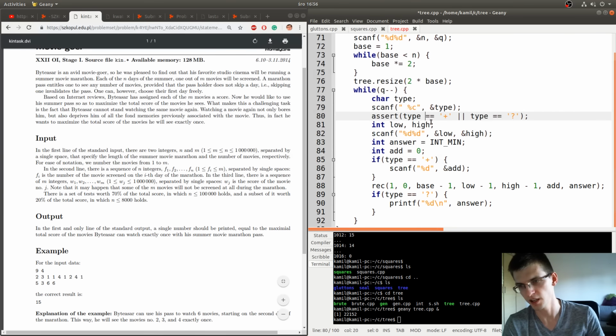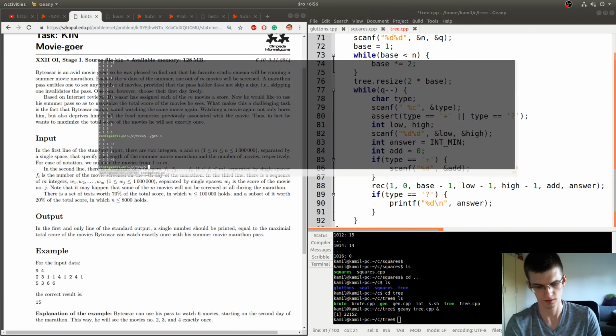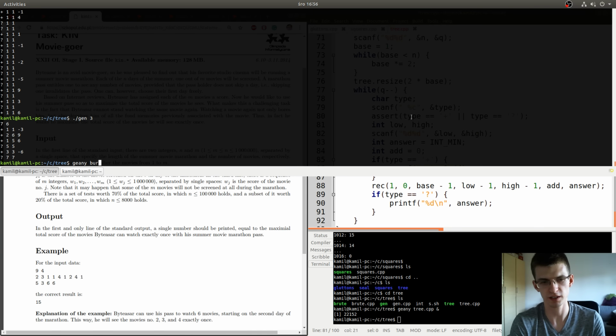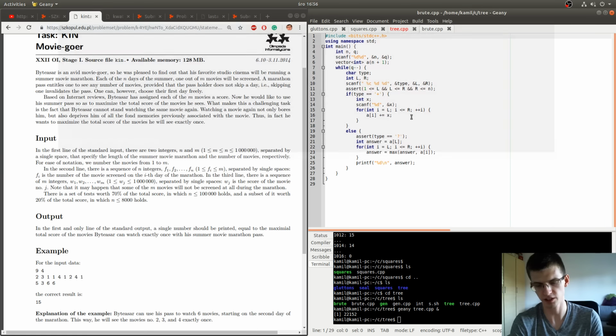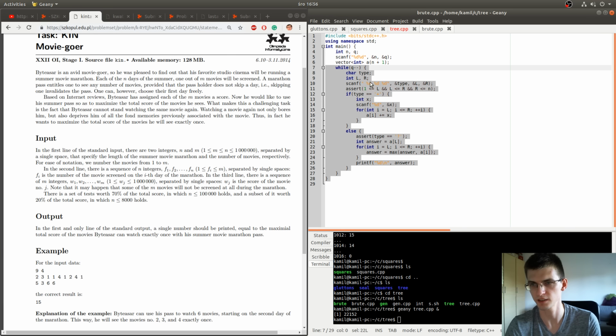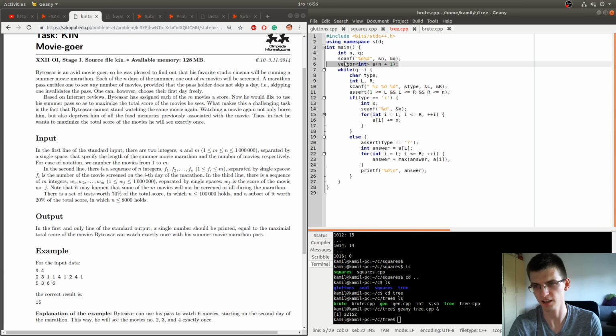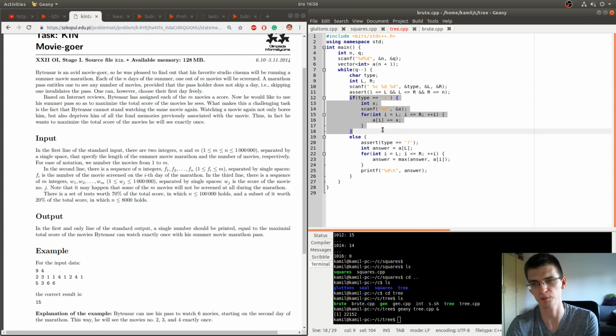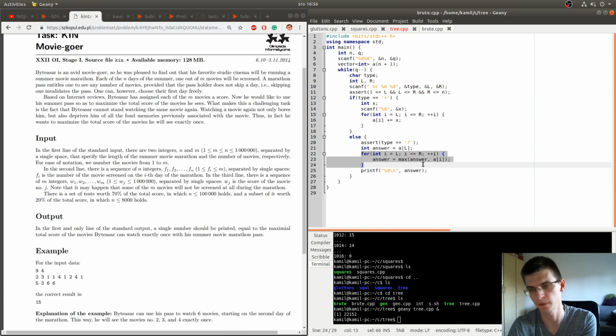So I just implemented that. I also implemented a straightforward brute force that just maintains an array of size n, and when there is a plus update, I just increase this interval by x. Similarly, I find the maximum.